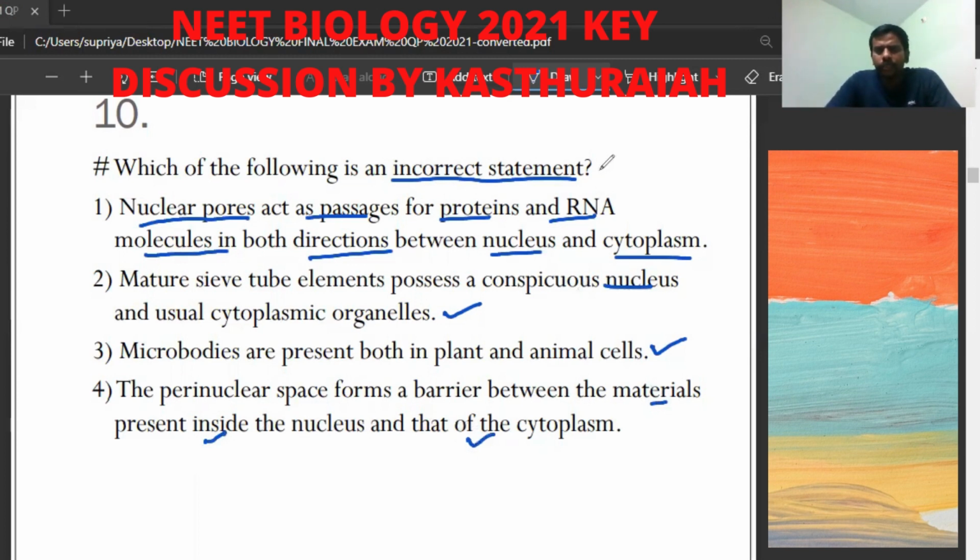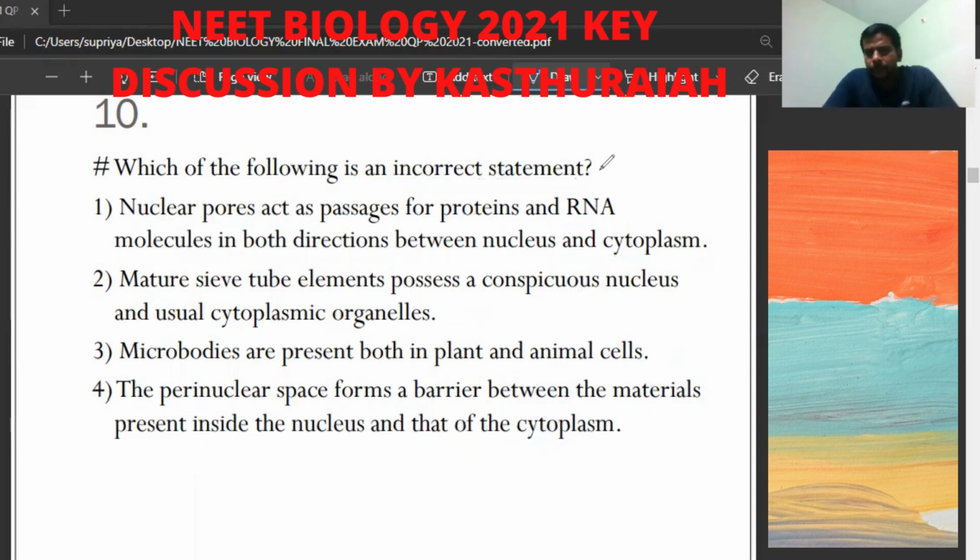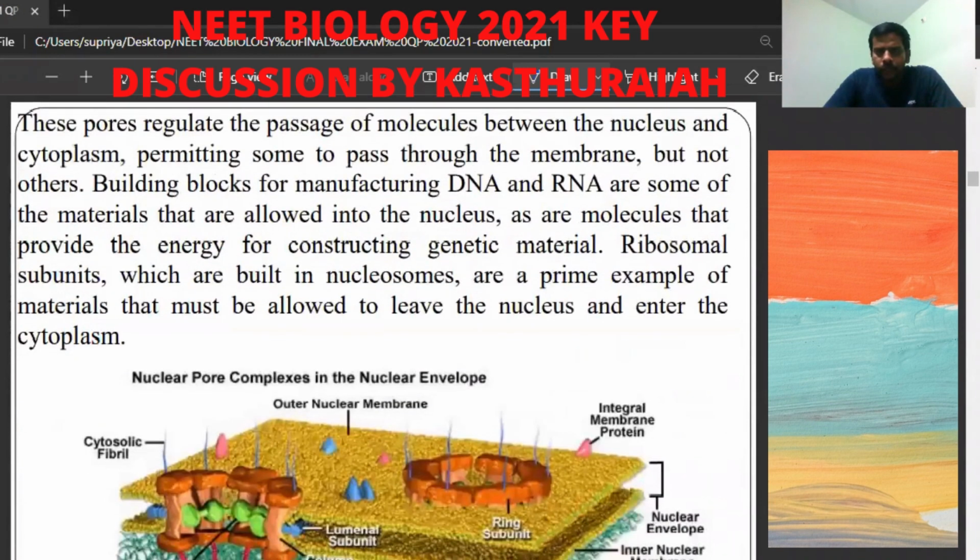See, these are the four statements given. Out of these four statements, one is the wrong statement. The wrong statement we need to identify. Before identifying, let us see a little explanation. The student here,